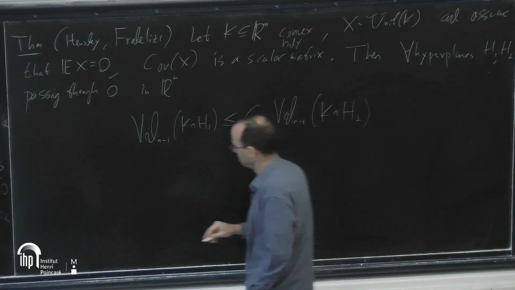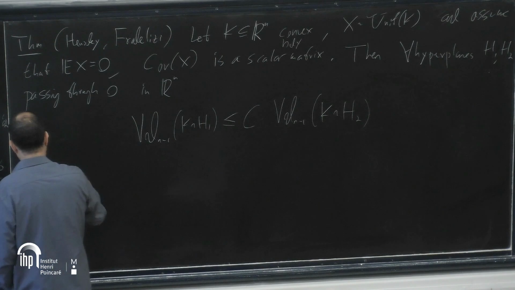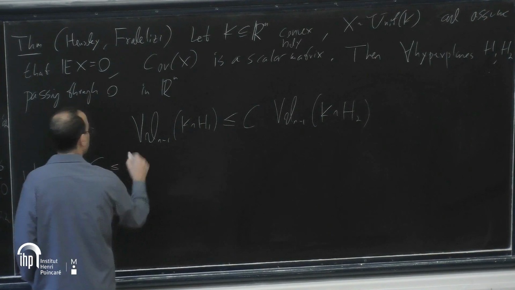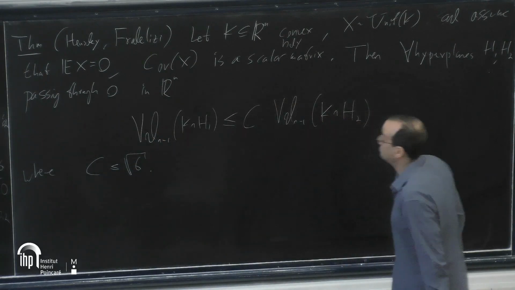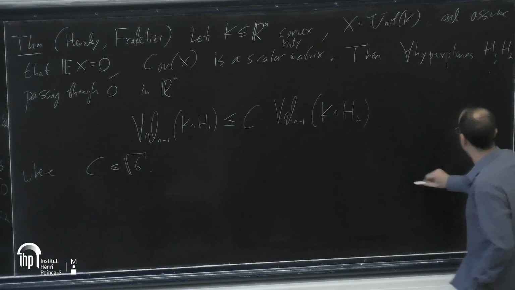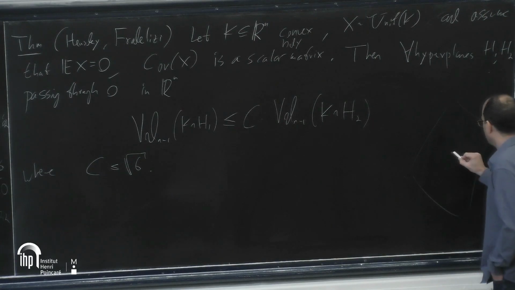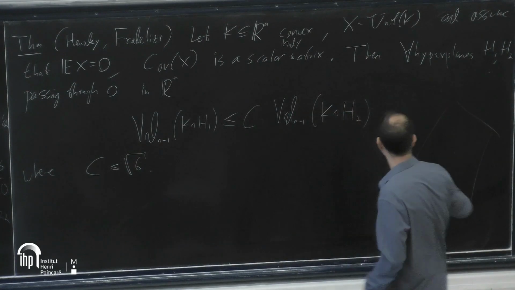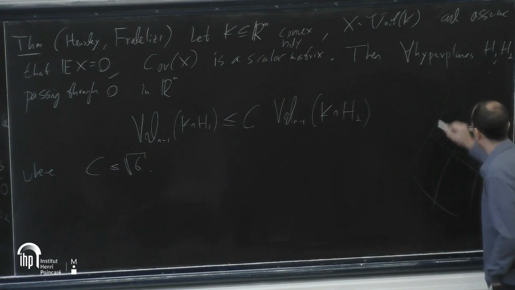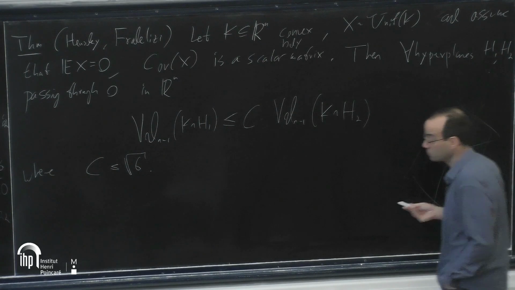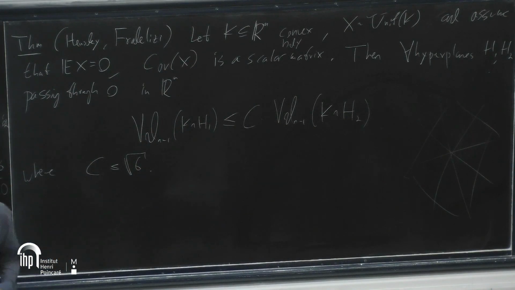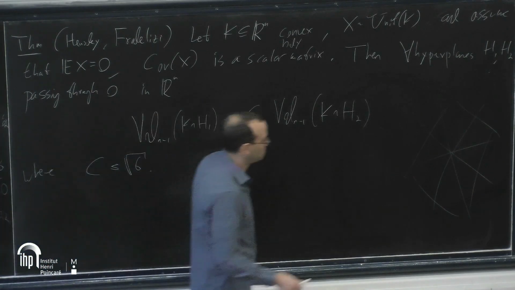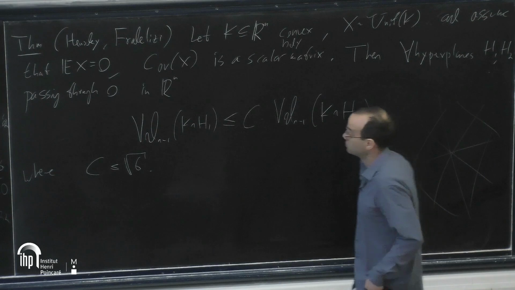And in fact, I even remember the best value found by Fadeli is square root of 6. So we know that if you have any convex set which is centered, and you normalize so that its covariance is a scalar matrix, the volumes of all sections through the barycenter are the same up to a constant. So we know that all sections are comparable, but we don't know what this common value is. So this slicing problem is still unsolved, although we know that they're all the same. Okay, so let's prove this theorem.